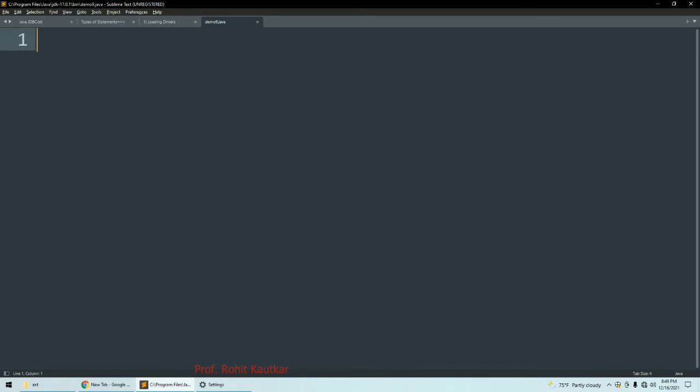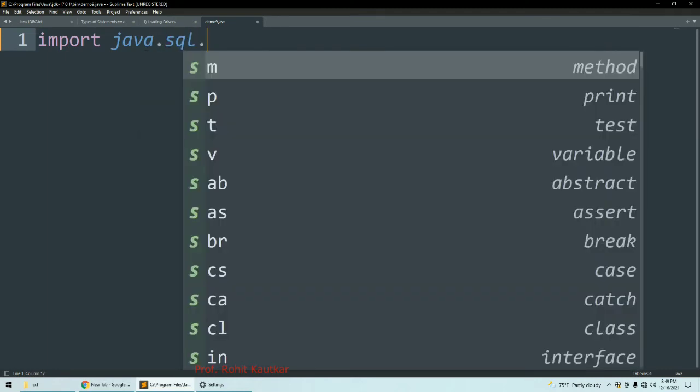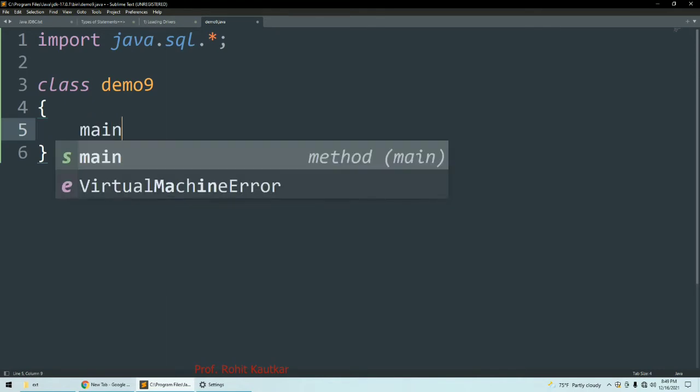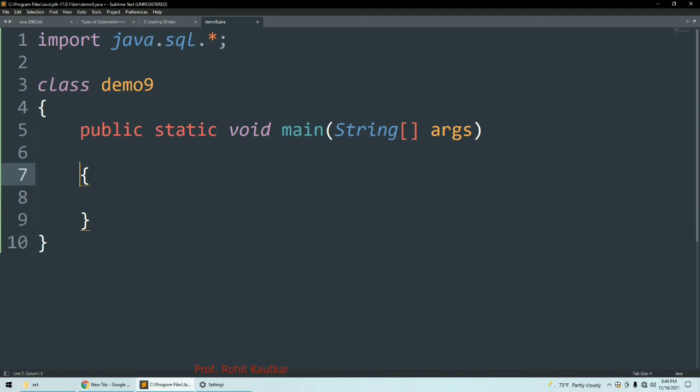So first of all, here I will import the package java.sql. Okay, now my package is ready. So create class demo9, and within this class I will create the main method like this.